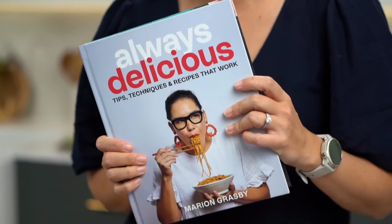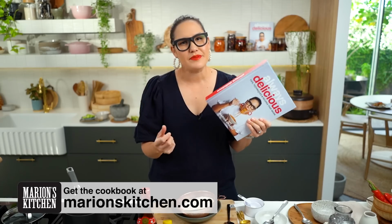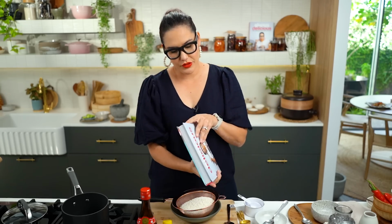Now, this series of recipes comes from my very new cookbook, which I am so ridiculously excited about. This book contains all the little tips, the little tricks that make everything easier or better or tastier or stickier or yummier. I've gathered together all of my very best little snippets and secret ingredients and put them in this book. So we are going to be going through the how to cook rice for fried rice technique